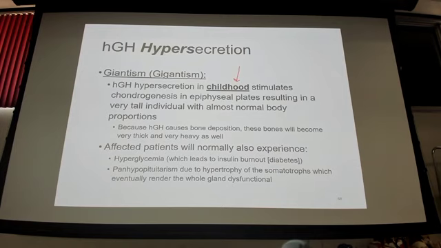But does it make sense why they would have hyperglycemia, based on what we just talked about regarding the functions of HGH? Okay? Too much HGH, making too much new glucose, breaking down fatty acids to make energy. These patients often experience diabetes or insulin burnout, pancreatic insufficiency of some type. Okay?